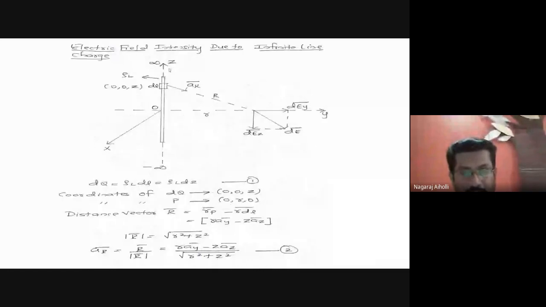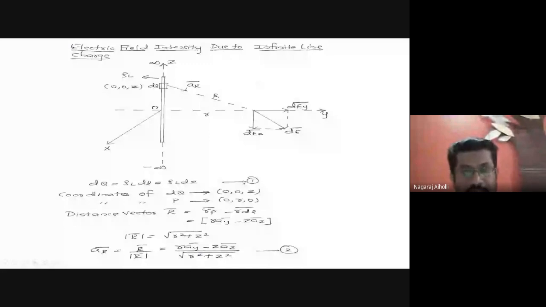Now instead of q, I am substituting it as dq because we are considering a small, elemental charge. Therefore instead of q, I am writing it as dq here: dq divided by 4 pi epsilon naught r square, that divided into ar bar. Then that is further equal to, what is dq we have got? dq is rho l into dz. Yes or no? dq is rho l into dz. That is what we have got in the first equation.